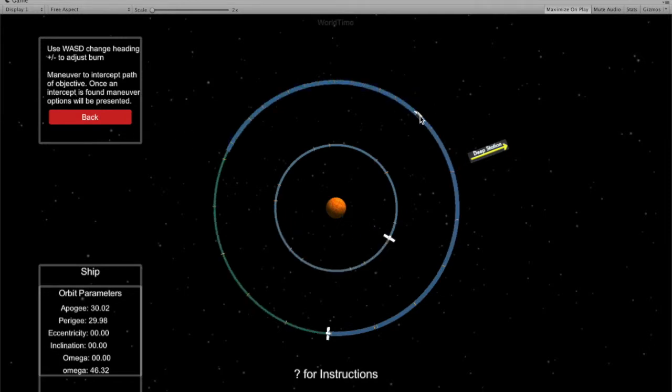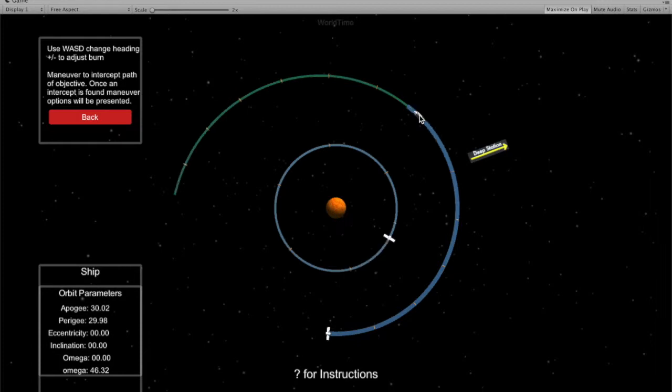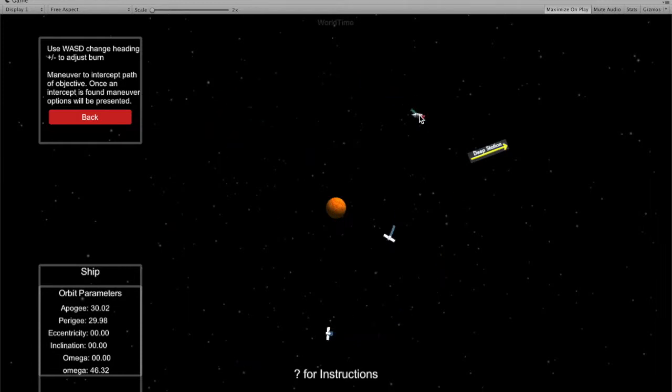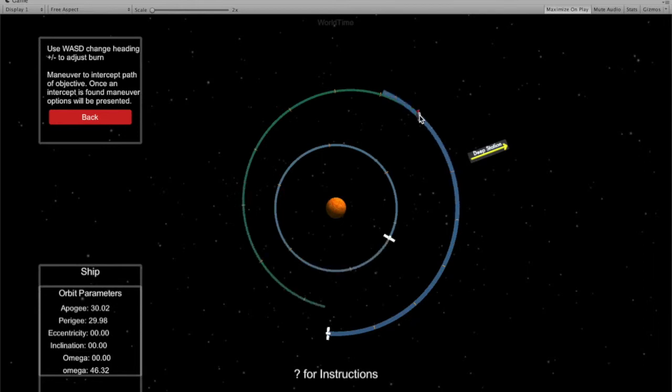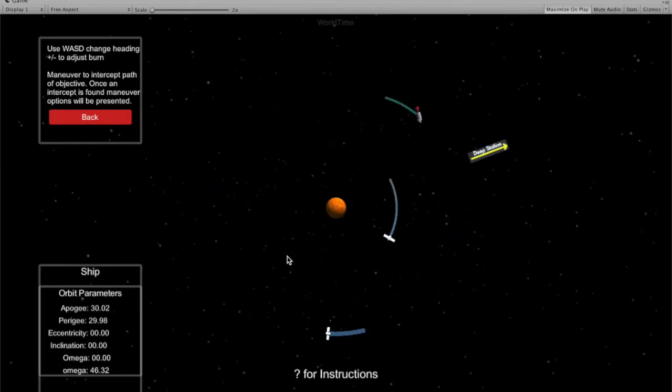So we now have manual control over our spaceship, so we can add some thrust. That's making our orbit bigger, so what we really want to do is turn our spaceship around here. And each time we turn, it's going to try and recalculate the trajectories. So let's turn ourselves all the way around. See what we're looking at. So our orbit is now starting to get closer and closer, so if we add more thrust here,